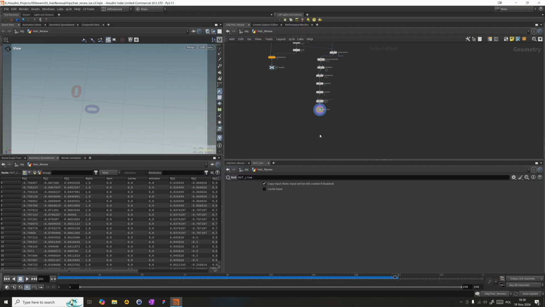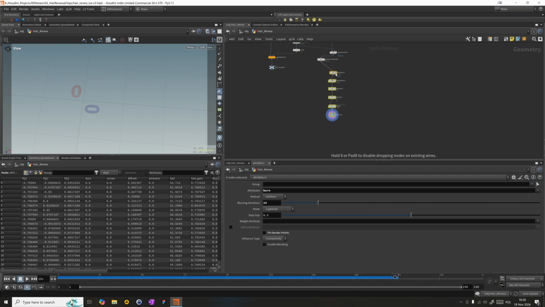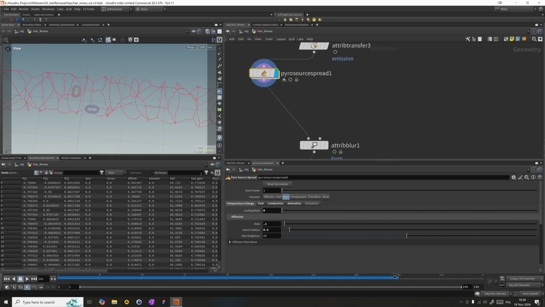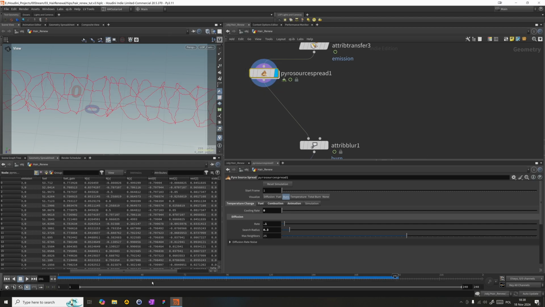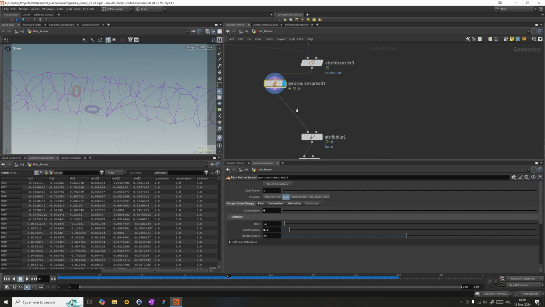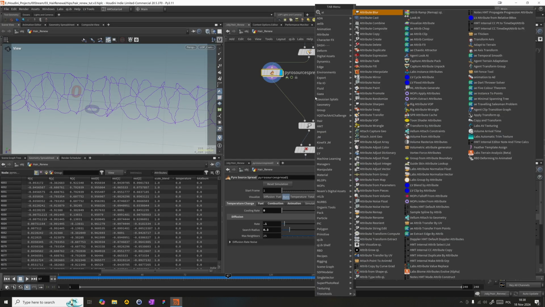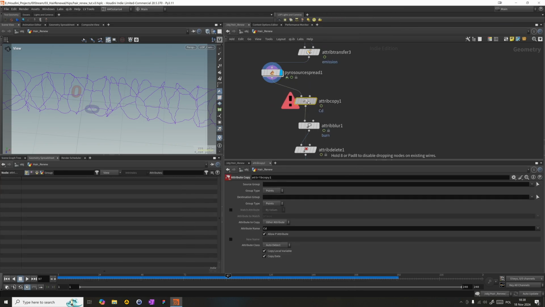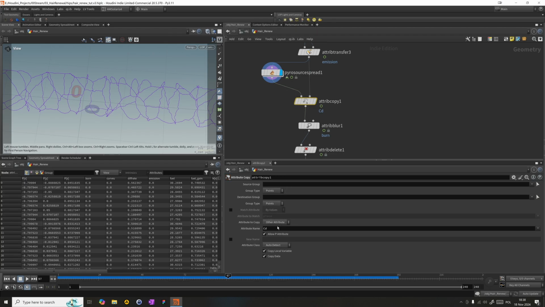But the problem is, as I thought it would be, that this Pyro source spread is doing some weird stuff with my scale blend attribute. It's here, but it lost its purpose in life. It doesn't work that well anymore, so I'll just do an attribute copy, because we don't need to do transfer because this is the exact same geometry, and I'll just copy the scale blend from there